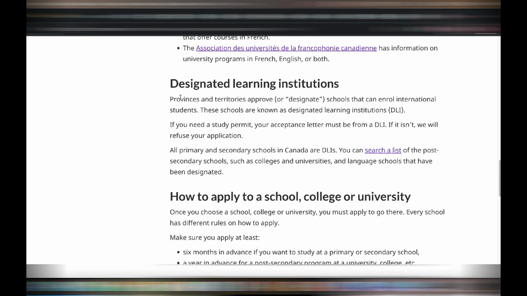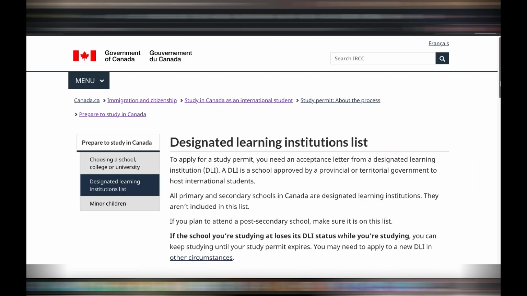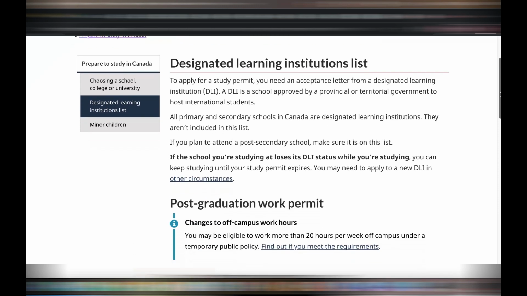Like I've said, the first step is to apply to schools in Canada, but to do this, you must choose post-secondary schools that have DLIs, because if you don't have a DLI number or are not designated, then your application will be refused. Remember again that provinces and territories approve schools that can enroll international students. How do you know which schools are designated? Just click on the search list and you'll find that each school has a designated number,